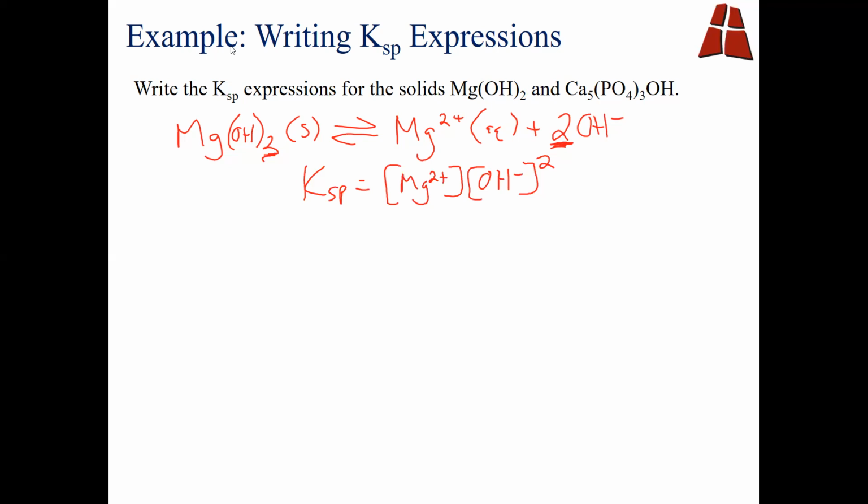Calcium phosphate hydroxide, this is actually what our teeth are made up of. Our teeth are a mineral, and we usually call it enamel. So this is actually what enamel is on a chemical level. And so we say that that starts as a solid. Again, for KSP, we're always starting with solids. And then this is what we would call a complex ion, where we have calcium phosphate. Then we have this hydroxide that we can actually break off and be in equilibrium with. So we can end up with